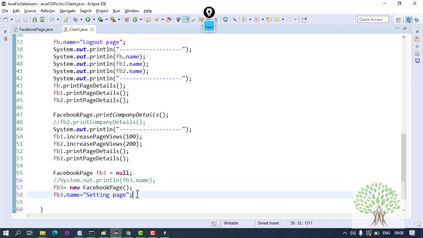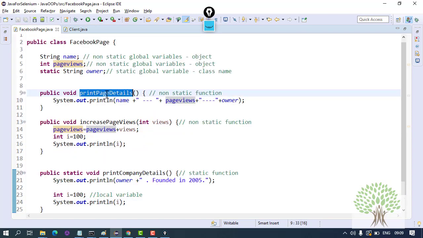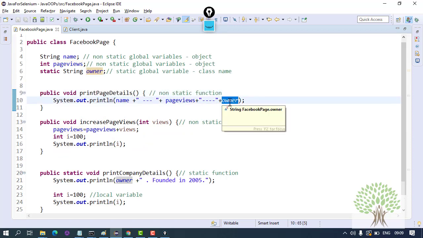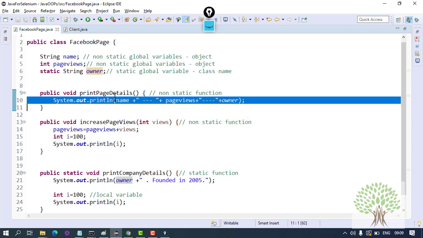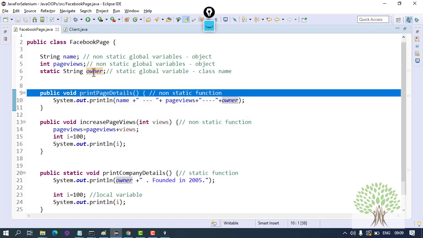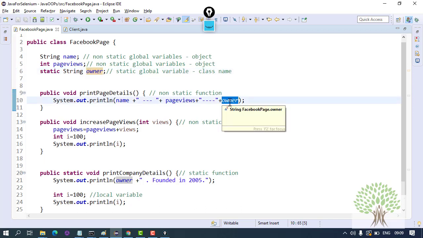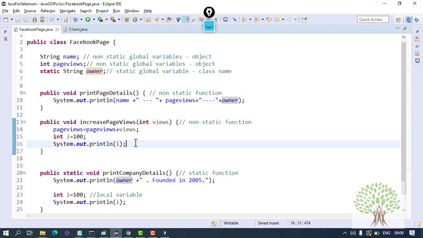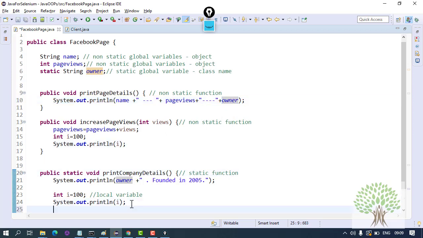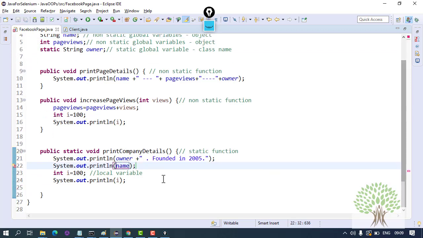Okay. Now one more thing where people get confused. This was my non-static variable, function. I was accessing the static variable owner inside this non-static function. Okay, I can access it, but if I try to access, this is my static function, if I try to access the variable, say the name, which is a non-static variable, I will not be able to access it.